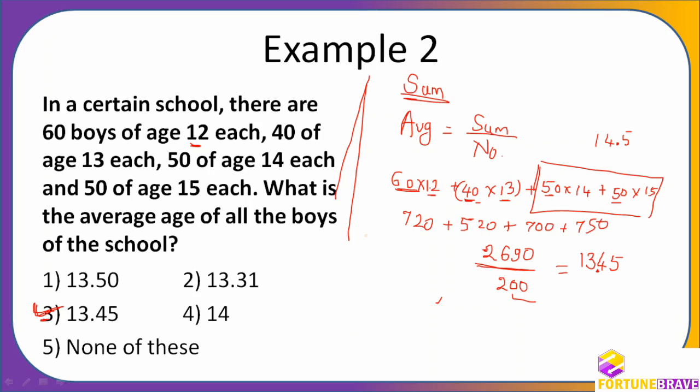So if I even say that this is 40 people have one more and they try to give it to these people, then 0.5 will be less and all these complications will be there. So I prefer that you do it by the sum method only. Sum method you can do on the screen itself. So 720 you can write down directly, and 40 into 13 will be 520, and then 750, 1500, 450 and so on. You will be able to do it much faster. So that is my preference here. I will do the traditional method to solve this question with the sum method.